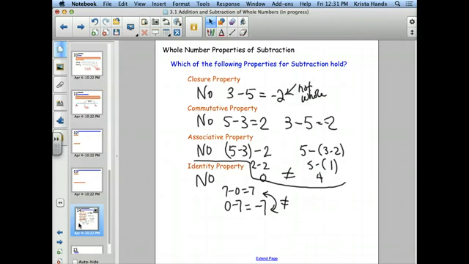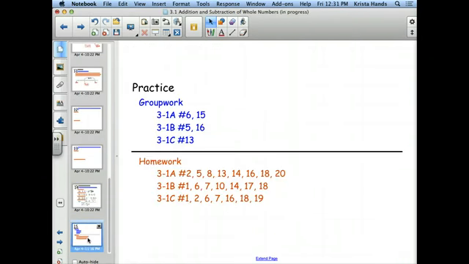All right, so jot these down if you don't have them, the homework for these. And then I'm going to open up some of the